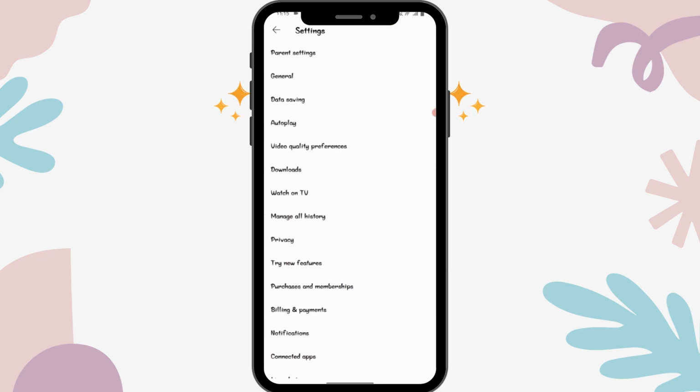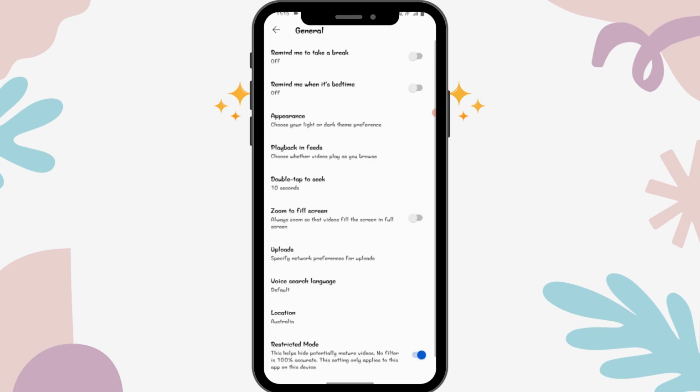So go to general, which is on the first,